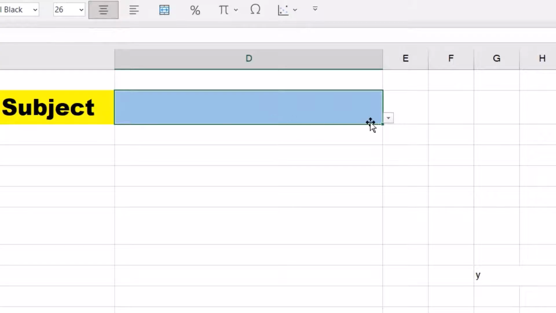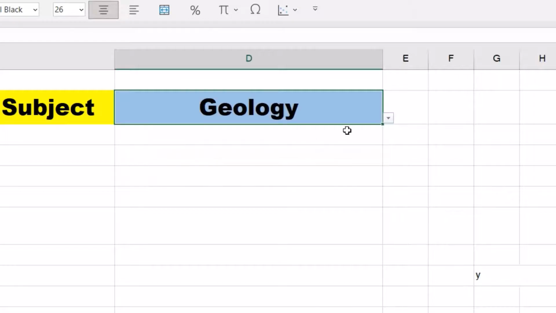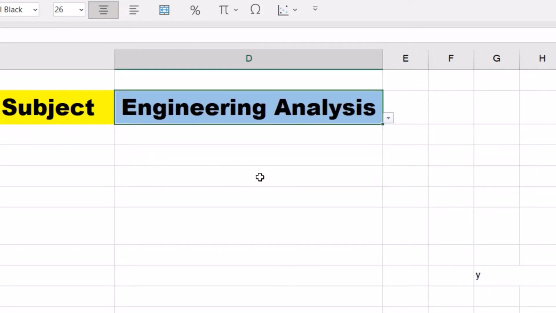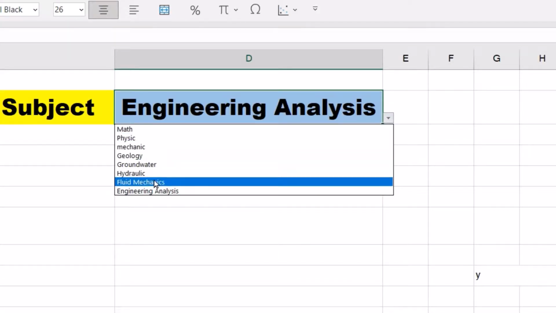Directly from here, you have a drop-down list. You see? Then you can select it as subjects you want. For example, I want this subject, geology or engineering analysis. You can select the different